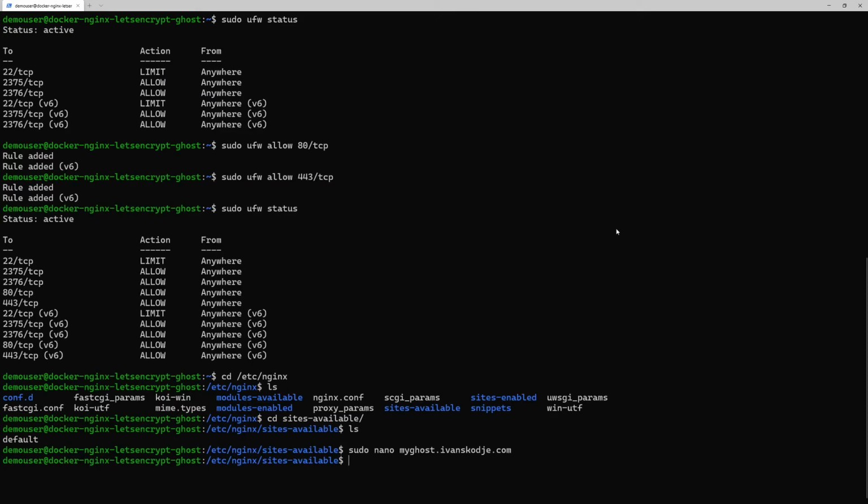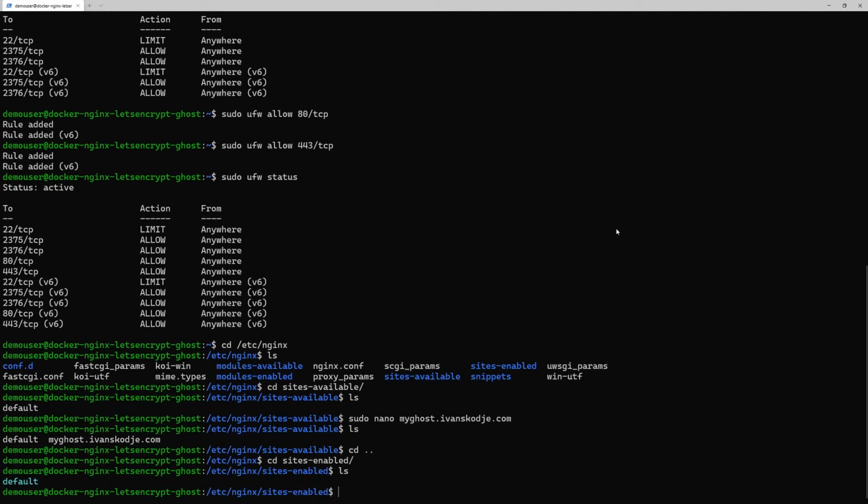We are going to create a shortcut to this file, because if you look at the sites-enabled folder, you see we have a shortcut here by default. So we're gonna make one for myghost.ivanskodje.com as well. So sudo ln -s /etc/nginx/sites-available/myghost.ivanskodje.com /etc/